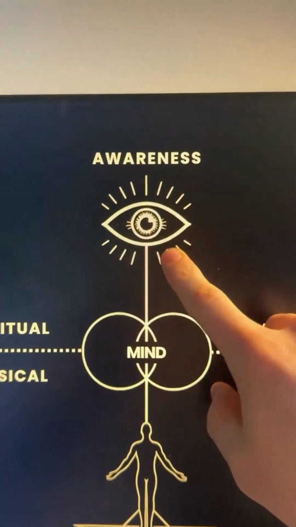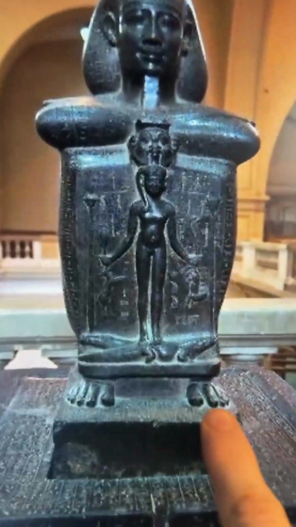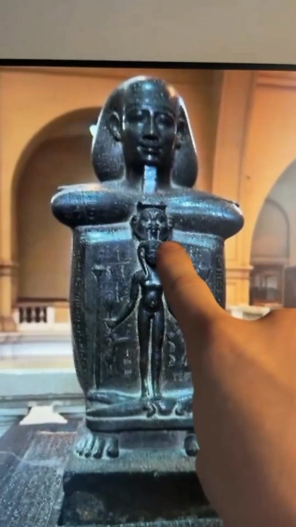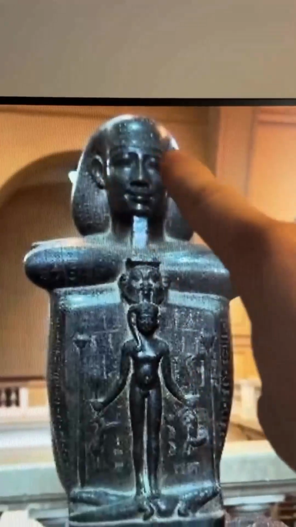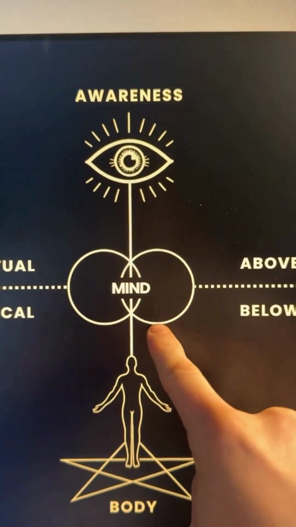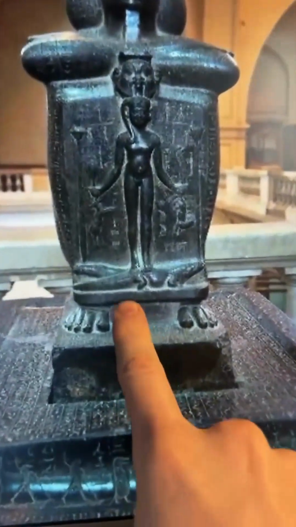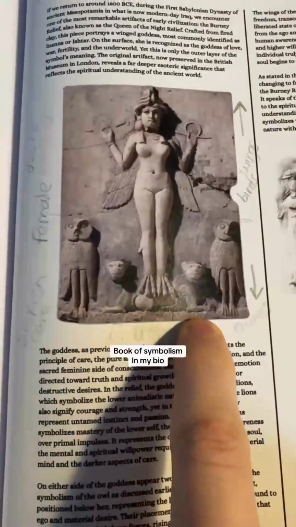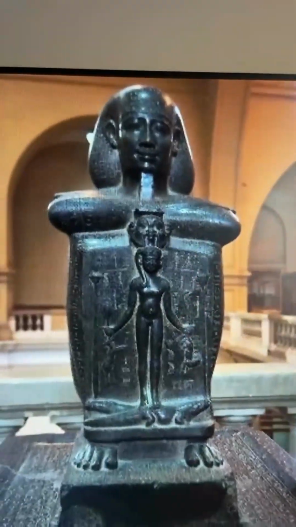You are the awareness living inside your mind, inside of your body. It's the same thing. This is the body, the animal nature. You see this reptile here, it's the animal. This is the mind, and this is the awareness beyond the mind, because this is the soul. The soul lives in the temple of the mind, and the mind is in the body. It's all to do with mastering your body's nature, your animal instincts, conquering your beast within, so you can rise towards a higher consciousness and a creative spiritual mind.